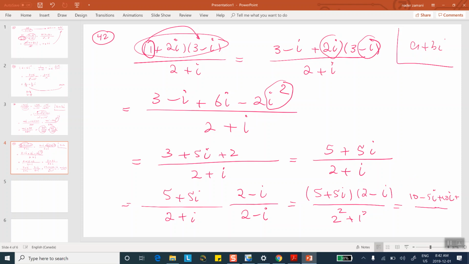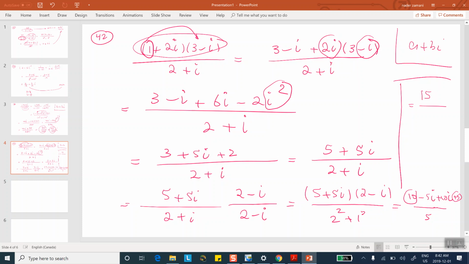So this is a plus 5, divided by 5, okay? Let me wrap it up here. This is equal to, on the top, I have 15, because 10 plus 5 is 15, and then plus 5i